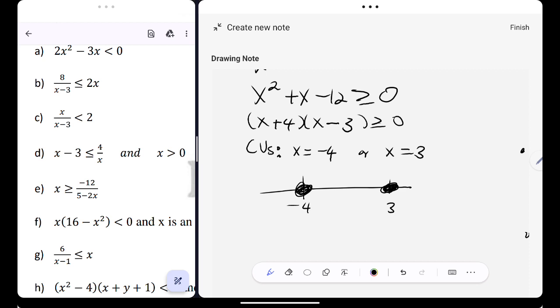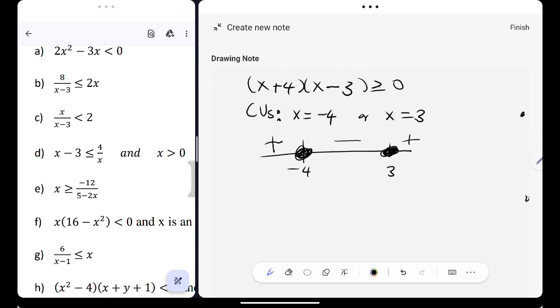Yes, they are included. Then we go. The number in front of x, both of them are +1, so they have the same sign. So I'll write a positive here, negative, and a positive. So that means